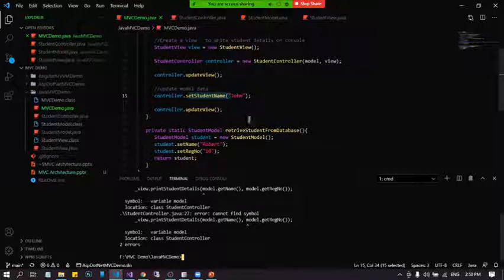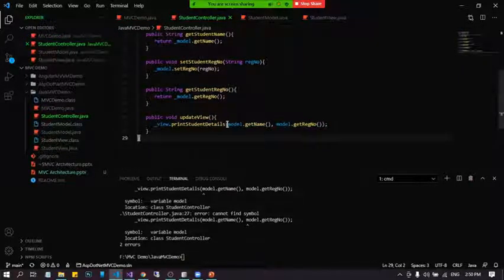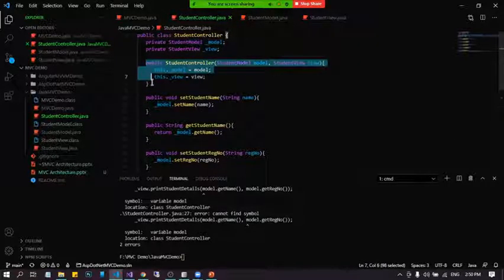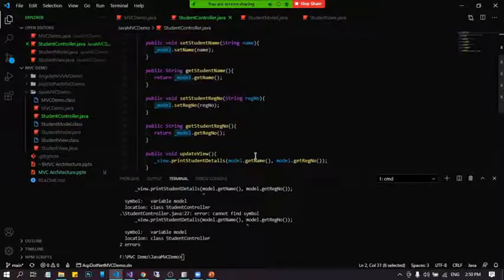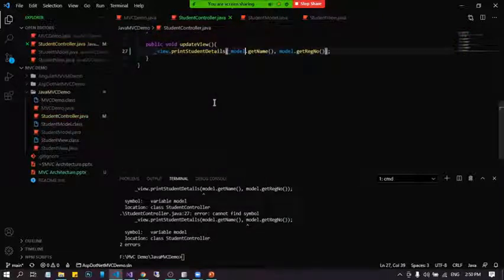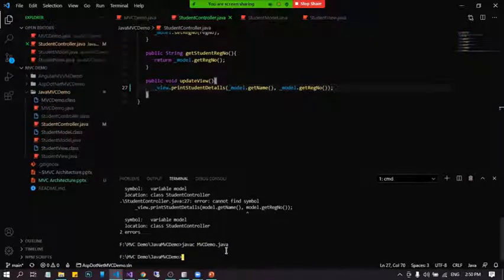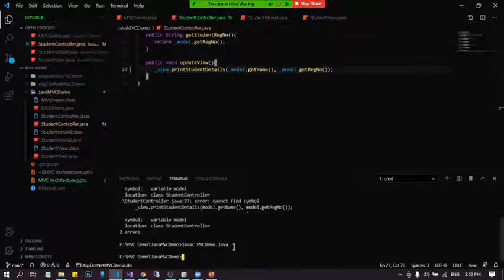Okay, we have two errors. Okay, right. So the problem here is, I think some of you guys might have noticed this. This model is not accessible here because this model is coming on to this controller, and it is setting that into the fields we have mentioned here. So what we need to do is we have to get the field from this, like so, right. Now if we run it,